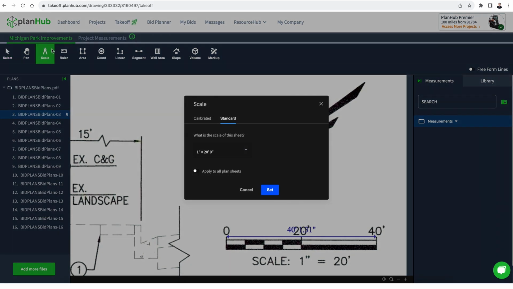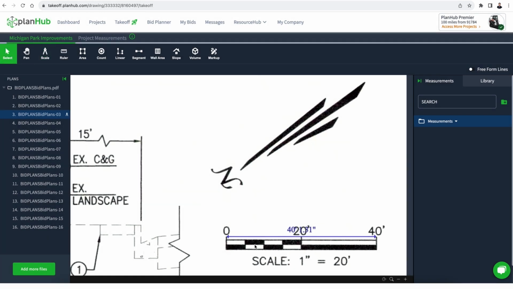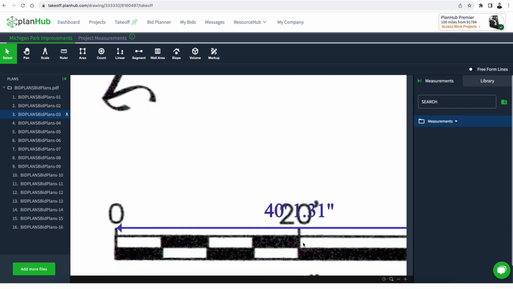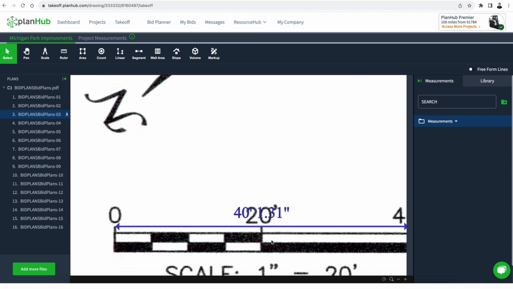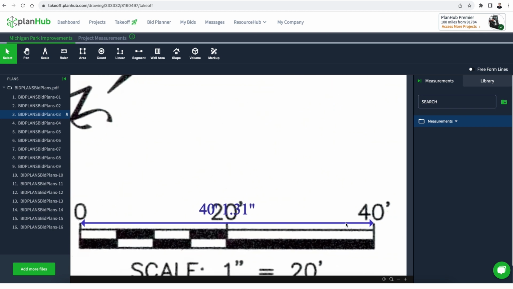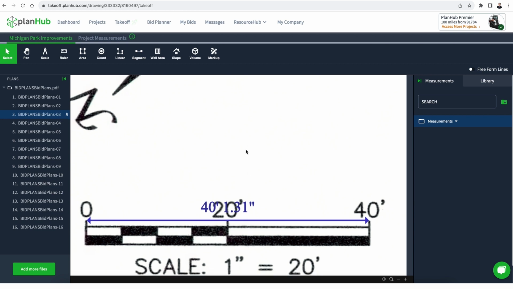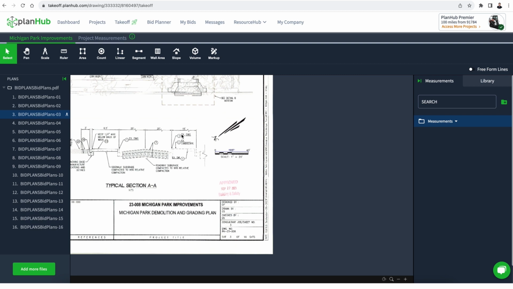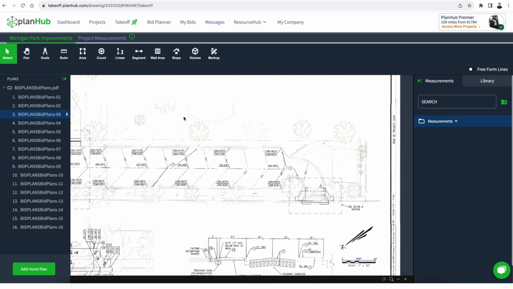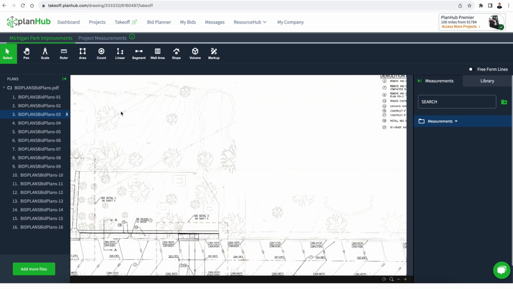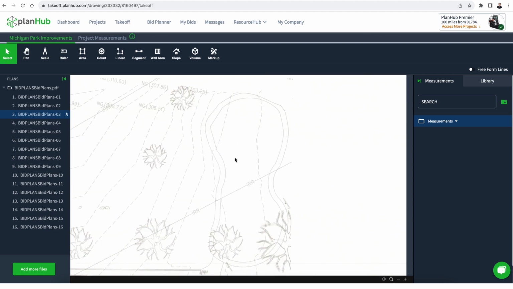I'll hit my scale button over there. I see that it's standard, 1 inch equals 20. That's fine. I'll hit set. And by the way, I used the ruler tool before to measure between these 2 points, and that's 40 feet. So yeah, we're in about the right ballpark. So I'm going to use the scroll wheel to zoom out again. I'm going to hold down the right mouse click and drag the drawing, center it to where I need to be,